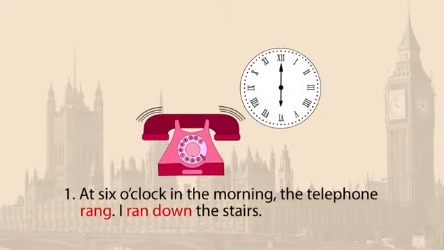Excellent. I'm sure that was easy. Now you will see how the past tenses rules live inside the story. Let's try this. You read a story that a boy called Mike wrote yesterday. Find the verbs, then match them to the correct past tenses grammar rules. Good luck! At 6 o'clock in the morning, the telephone rang. I ran down the stairs.